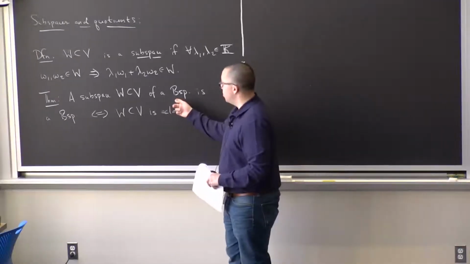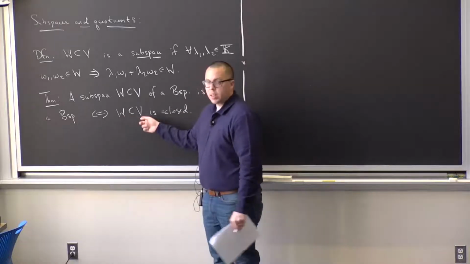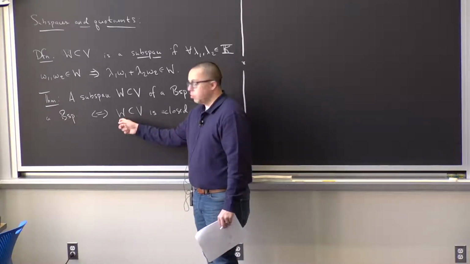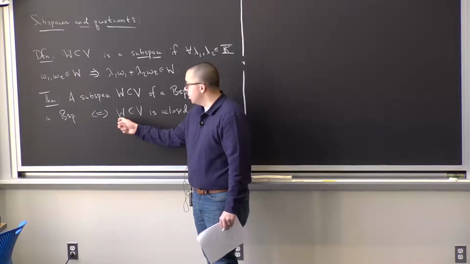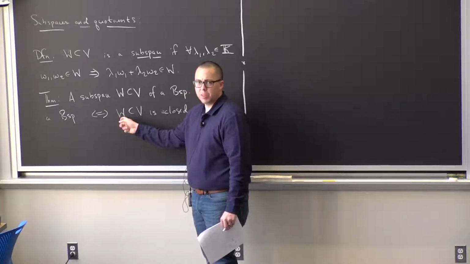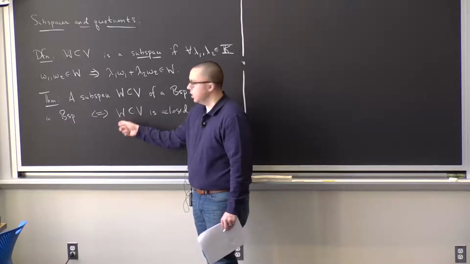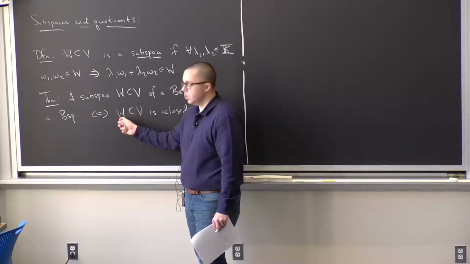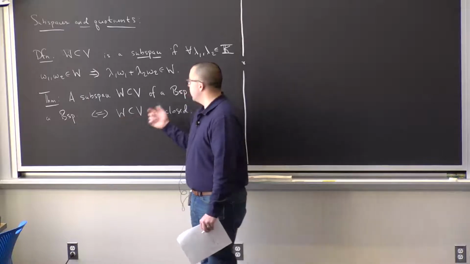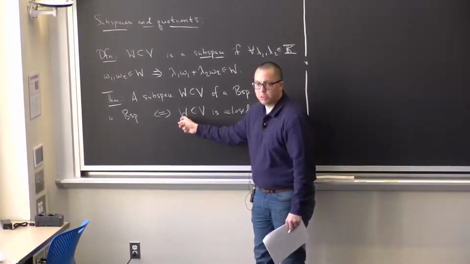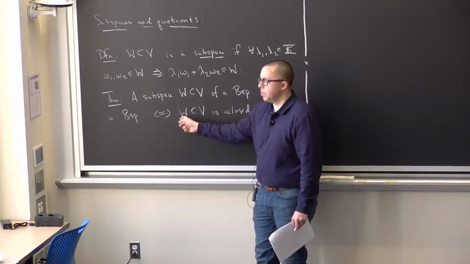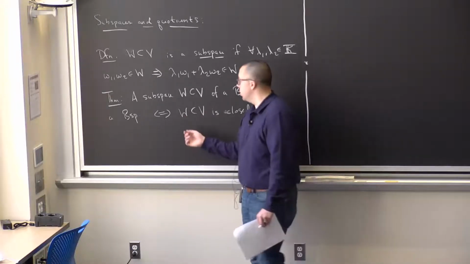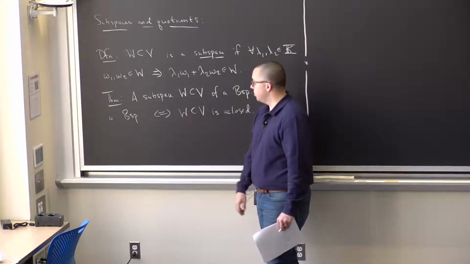Assuming W is a Banach space, we want to show W is also a closed subset of V. So one equivalent way of showing this is that every sequence of elements from W that converges in V converges to an element of W. Now, take a sequence in W that converges to some element in V. Then that sequence is Cauchy in W. And since W is a Banach space, there must be an element in W which it converges to, and therefore, by uniqueness of limits, that limit of that original sequence must lie in W. Okay?